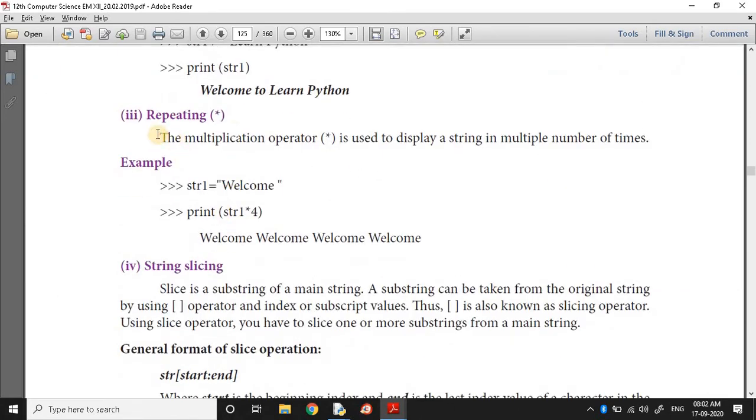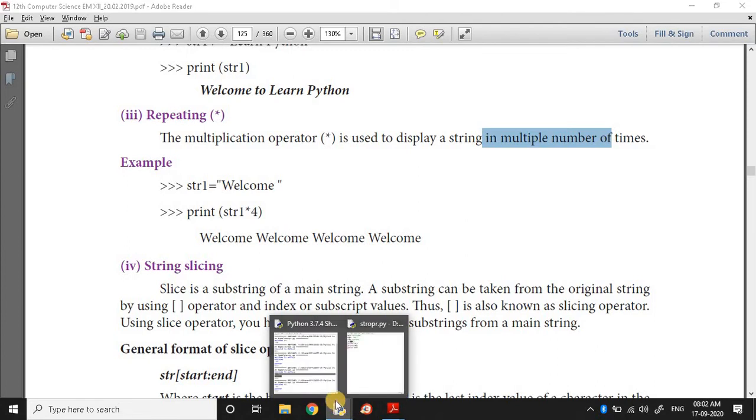Okay. Then repeating, using the multiplication operator. The multiplication operator is used to display a string multiple number of times. That is, how many times you have to show the same string or same text.